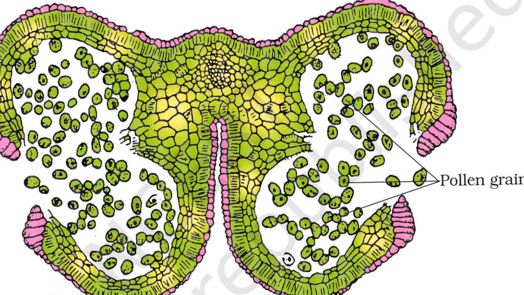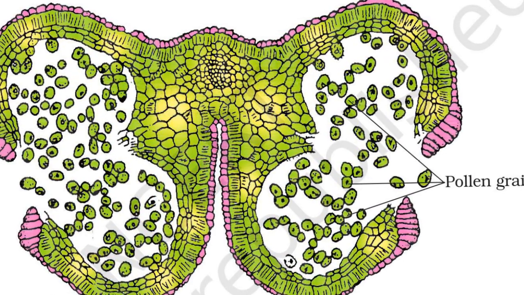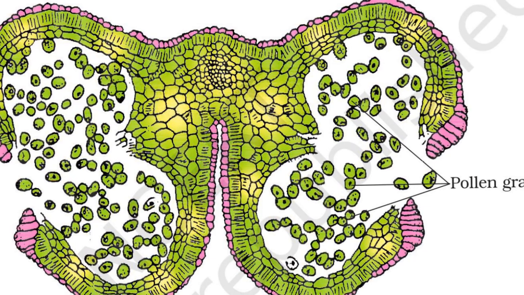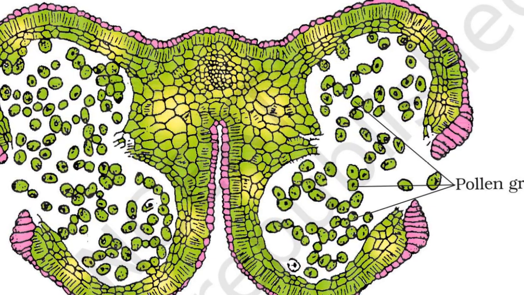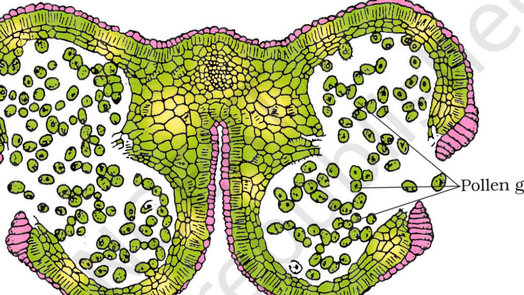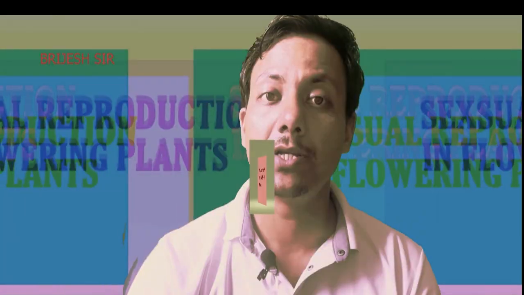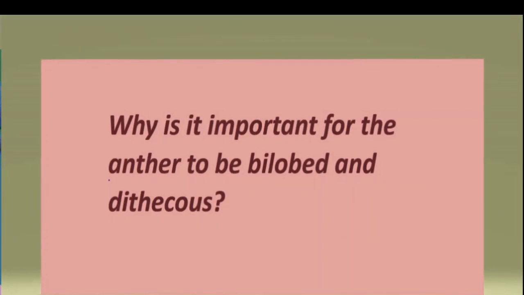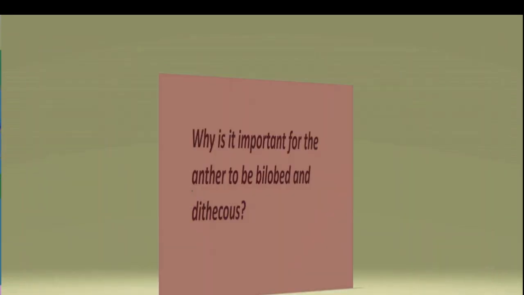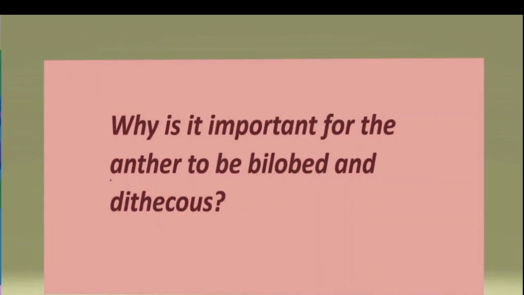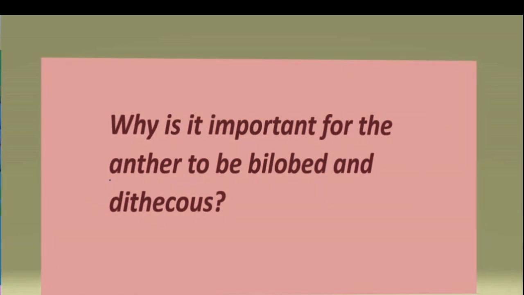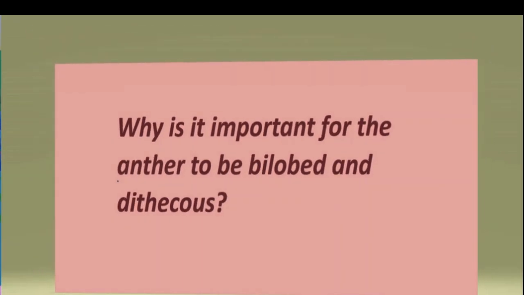The bilobed and dithecous nature of the anther is most clearly seen in a cross section. Why is it important for the anther to be bilobed and dithecous? Think about it. Now, if we talk about the structure of the microsporangium